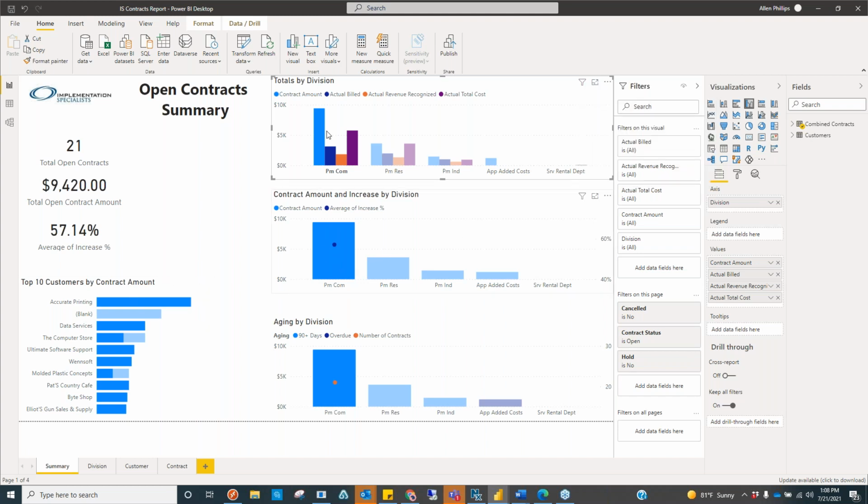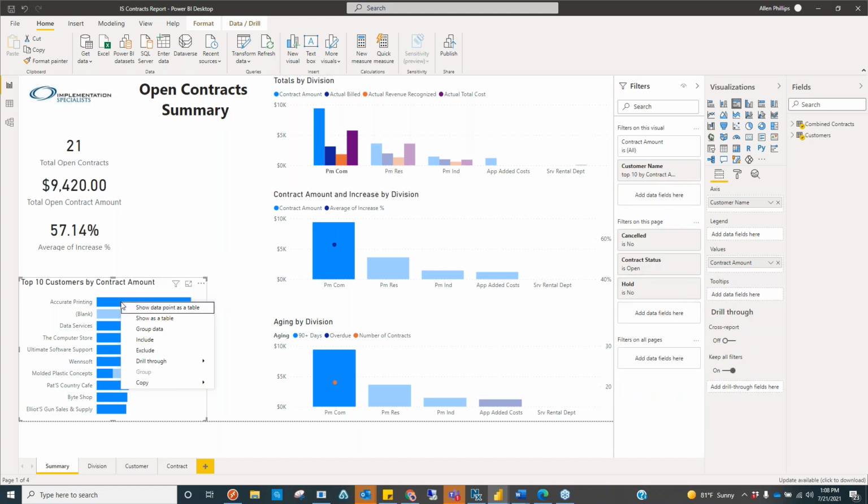So if this right here has a particular piece of information in it that can't be drilled back to a customer, it's never going to allow me to do that. Case in point would be this. If I right click on this customer, I can see that I have the drill through option to go to a customer. That's telling me that right now the only thing this information has in common is the customer and